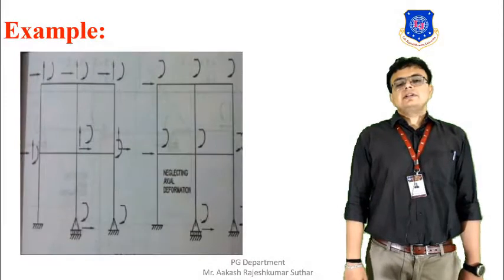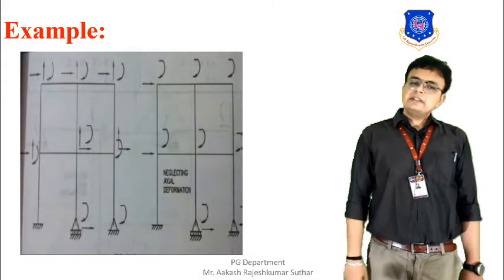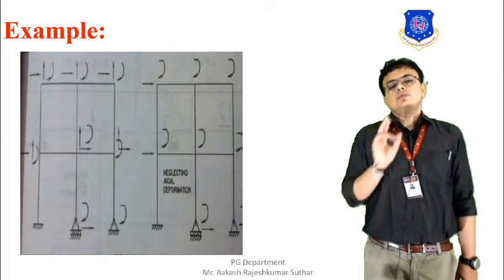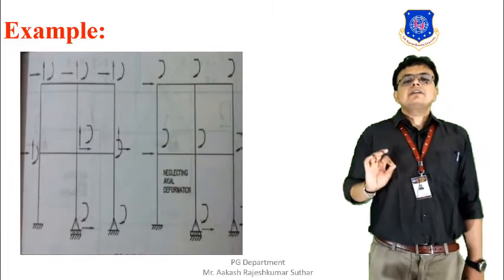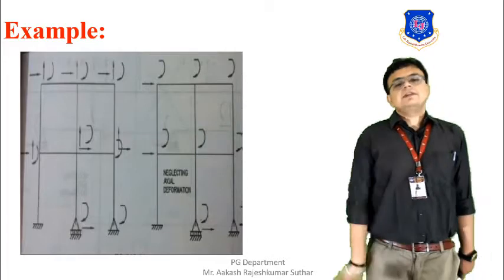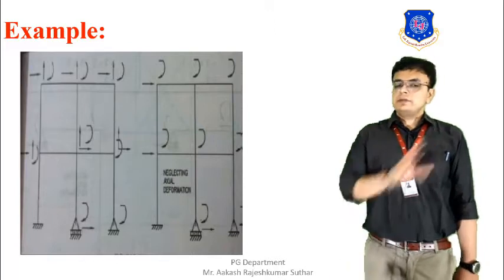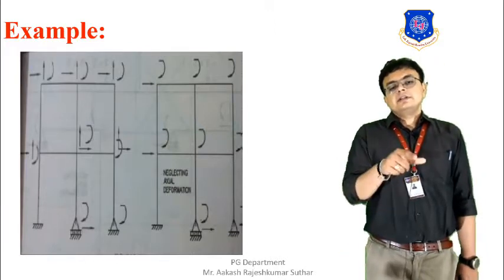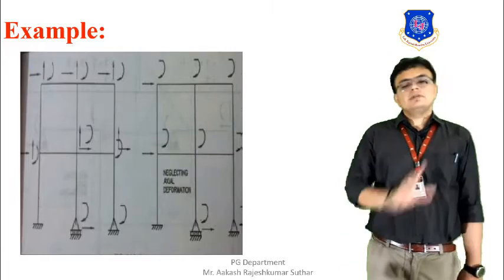So you can see over here there is a plane frame. Okay, so basically here in this plane frame there are 1, 2, 3, 4, 5, 6, 7, 8, 9 joints, and each free joint will be having 3 degrees of freedom. At a fixed joint there will be no freedom. At the roller joint there will be 2 degrees of freedom, that is the rotation and the horizontal move, and at the hinge joint there will be only rotation.